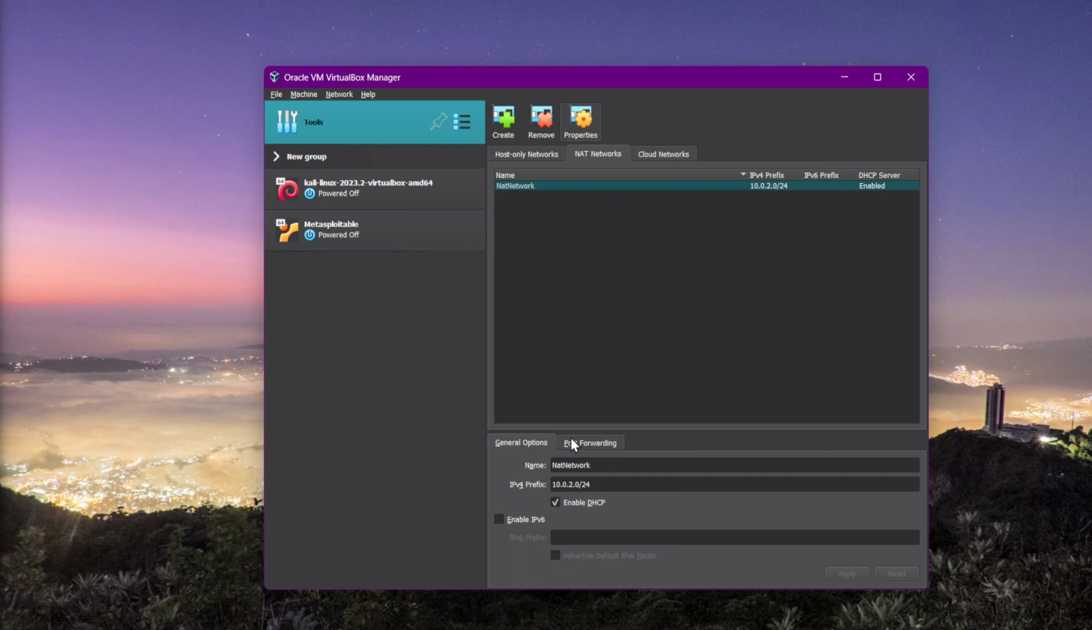One thing I would like to change here, just for clarity, in case I'm doing more testing with VirtualBox, is changing the name of this network so I know when to use it and when not. I will call it the SAFETAG lab and apply. Perfect. If for some reason you are not seeing this panel below, you can just double click the network and